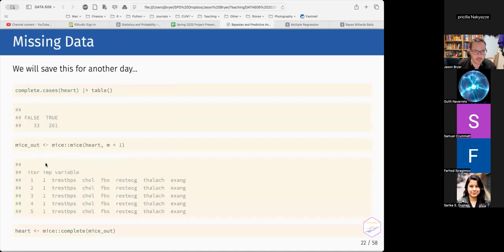First of all, there's some missing data here, and I didn't really talk about this, unfortunately, but in general, my recommendation for missing data is to use the mice package, which does multiple imputation. So it's pretty simple to do. For simplicity, I only did one